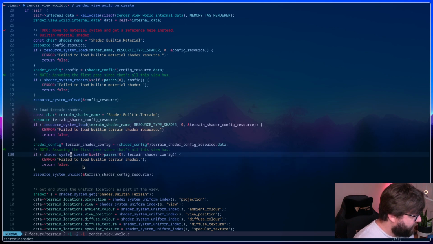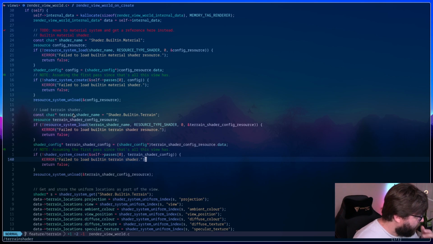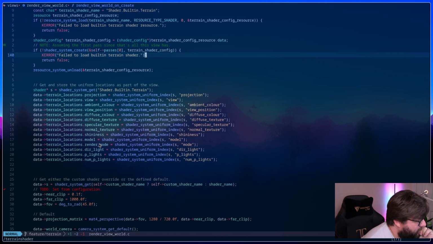Shader system create, terrain shader config. Shader built-in terrain.